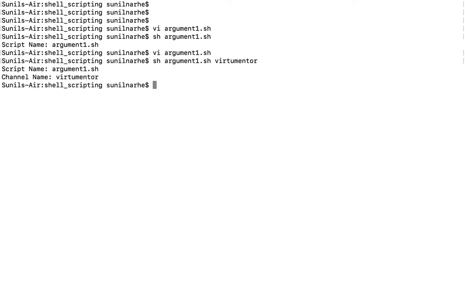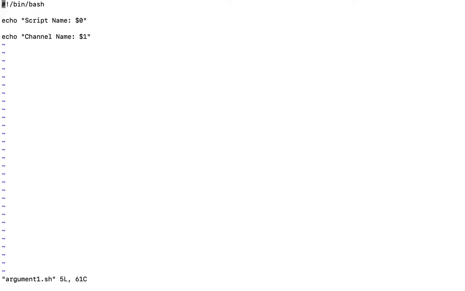We can also pass a string like a full name, which means a value having some spaces in between. So echo full name colon dollar.